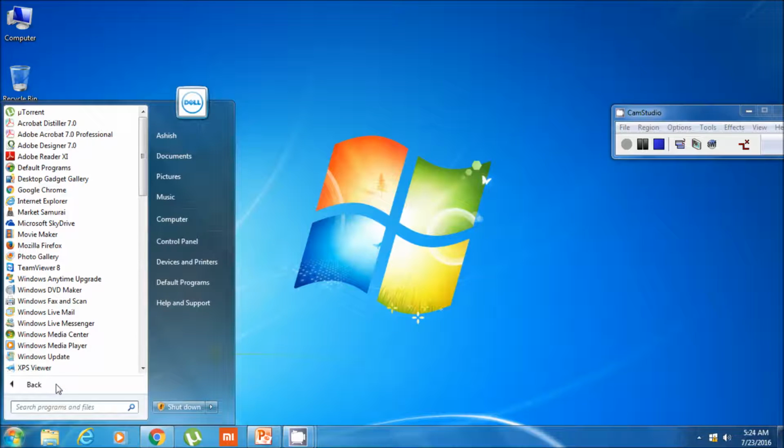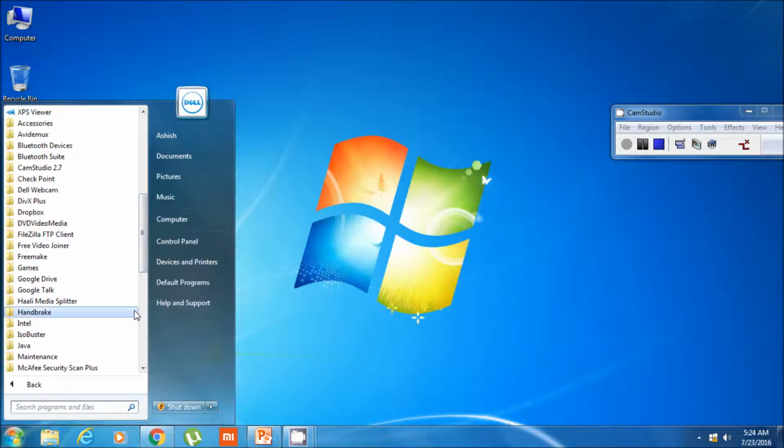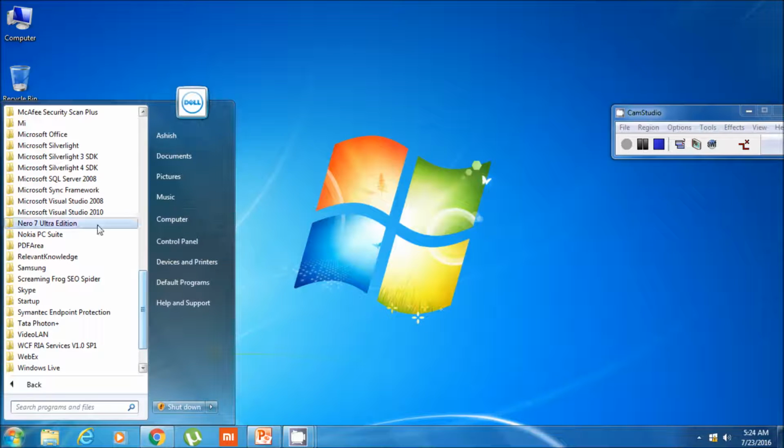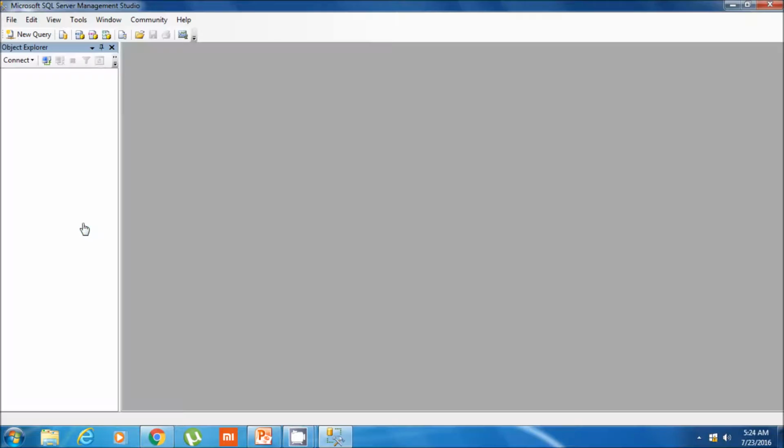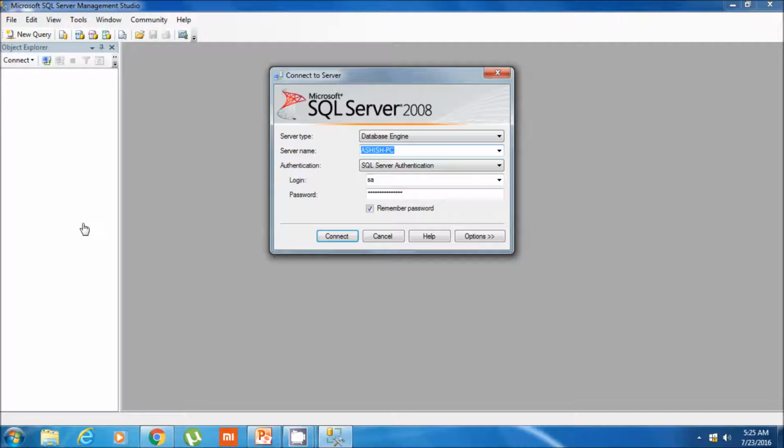When I go to start and search in my programs, I can see that based on my version, I have Microsoft SQL Server 2008 folder, and inside it I have SQL Server Management Studio icon. When I click on it, this window will open, which is the SQL Server Management Studio window, and it automatically asks to connect to server.